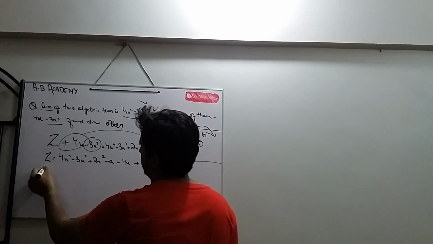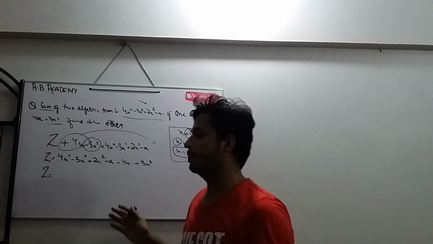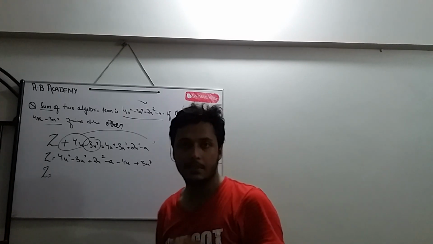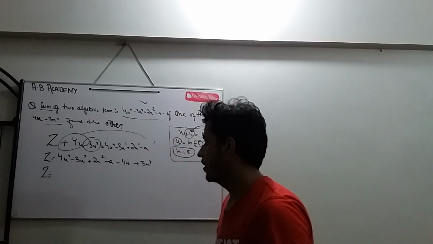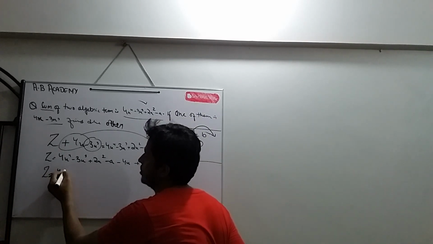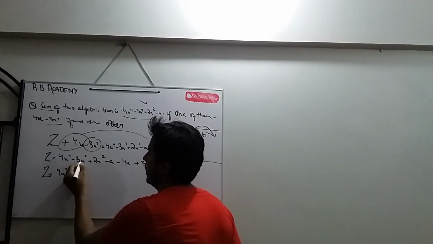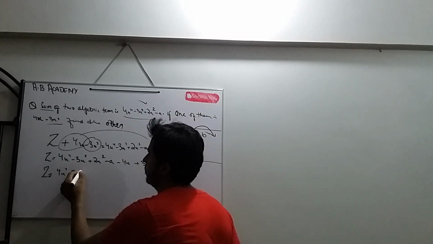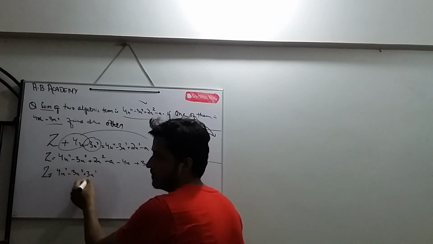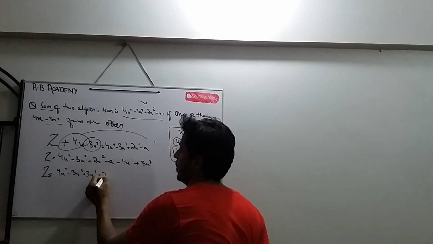Now the next step is simple, as we have done it in the previous video. If you haven't seen that video, the link is in the description. You can check how to add or subtract algebraic expressions. We will first arrange these terms. 4x to the power 4, there is no other 4x to the power 4. 3x cube, there is one 3x cube. We will write down the like terms together. Okay, 2x square,